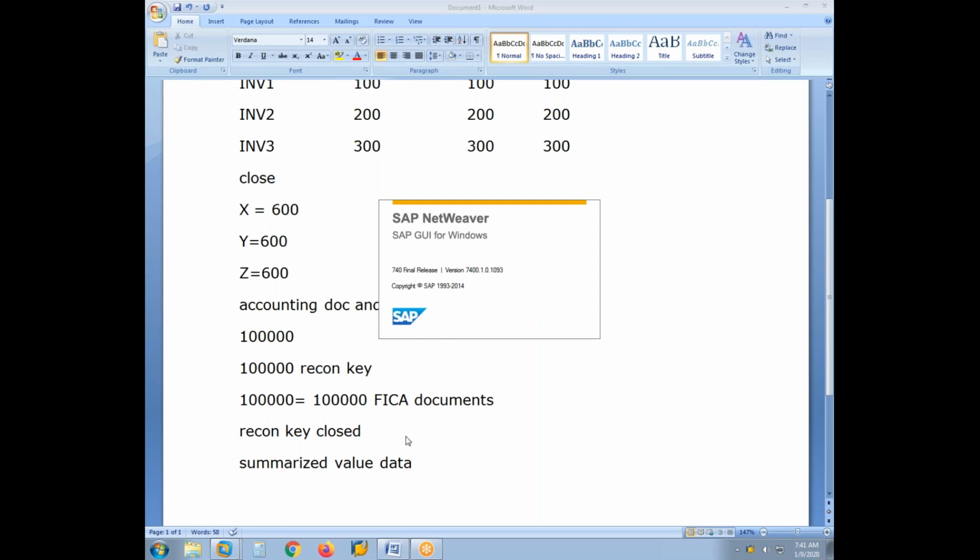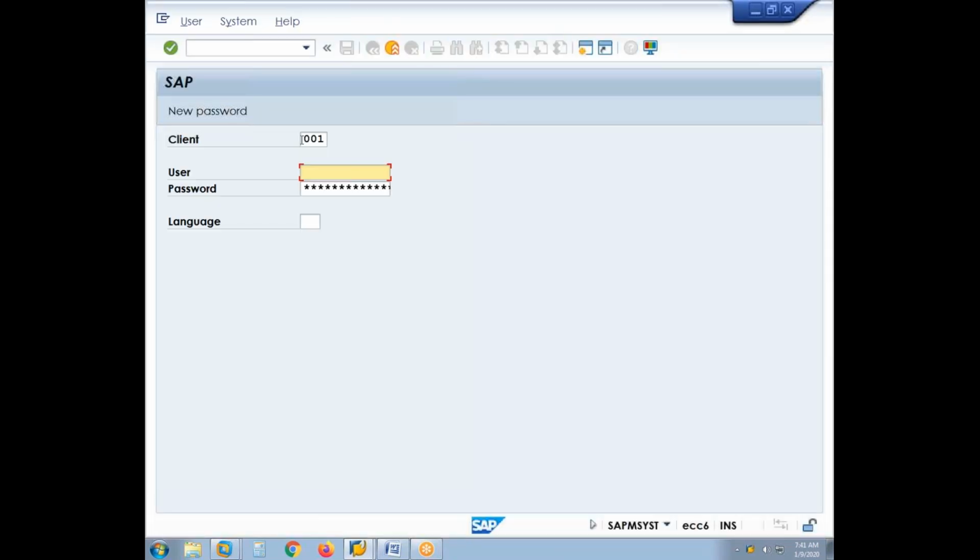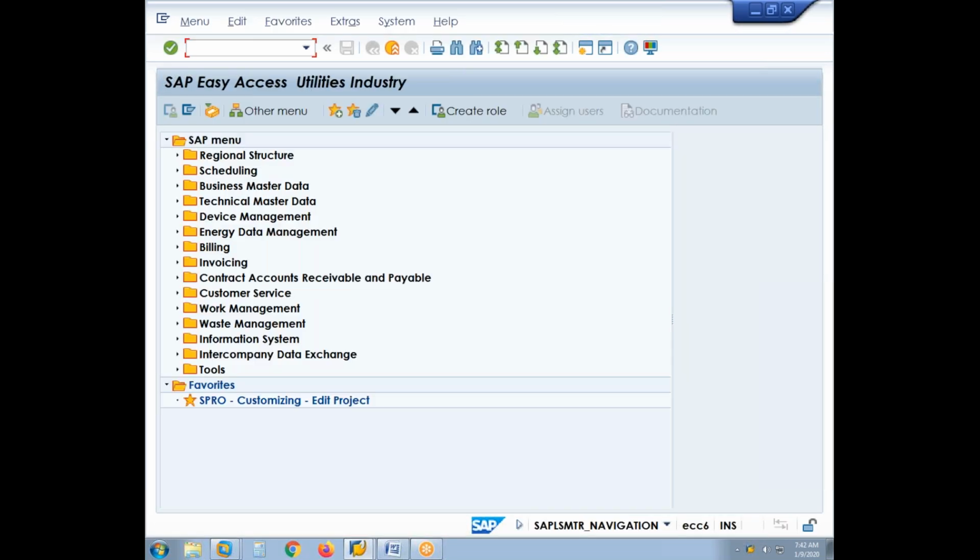Now, yesterday we created one invoice, and the invoice has posted to FICA. We have seen yesterday how the reconciliation and the FICA document look. We'll have a display once again, and then we will transfer the data to financial accounting. How do we transfer the data from FICA to financial accounting? Actually, that process will be done by the accounts user, the FICA user, but we must have an idea how